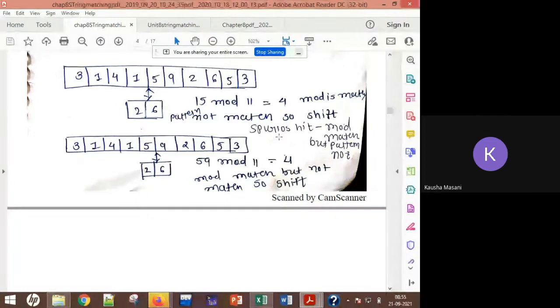Okay, the example which I gave you. So this is your spurious hit, and this hit is what you can say a waste of hit, because you are getting a similar mod, a matching hash value, but you are not getting the required pattern. This can be a one marker definition. What is a spurious hit? You have to tell that in Rabin-Karp, when hash values of your text as well as pattern are matching, but when the strings are compared, the strings did not match, that becomes your spurious hit.